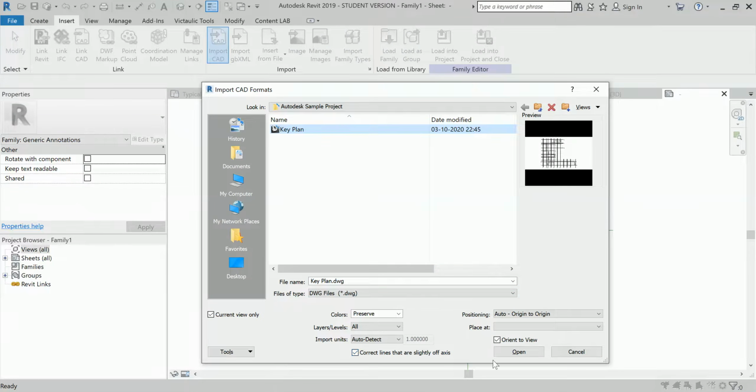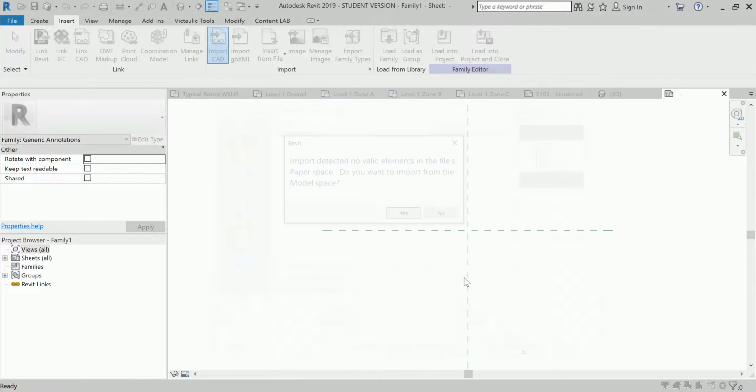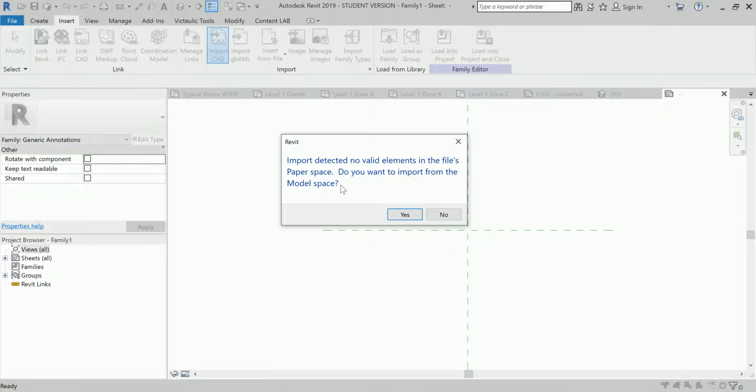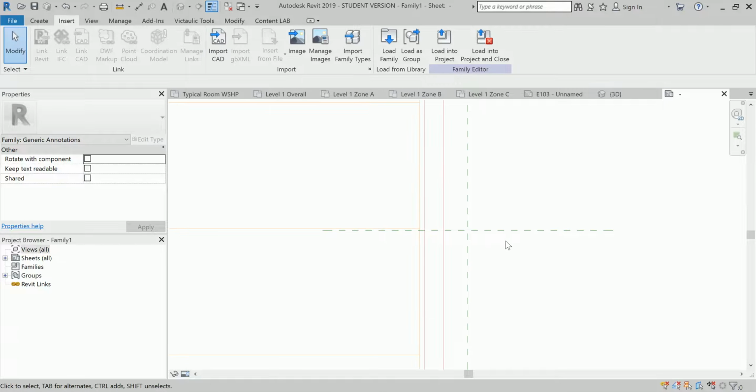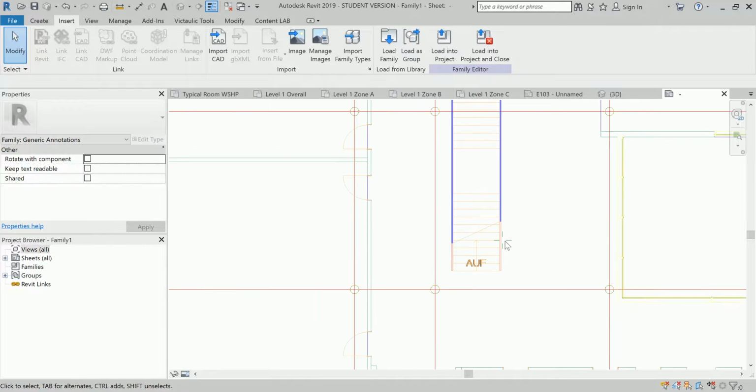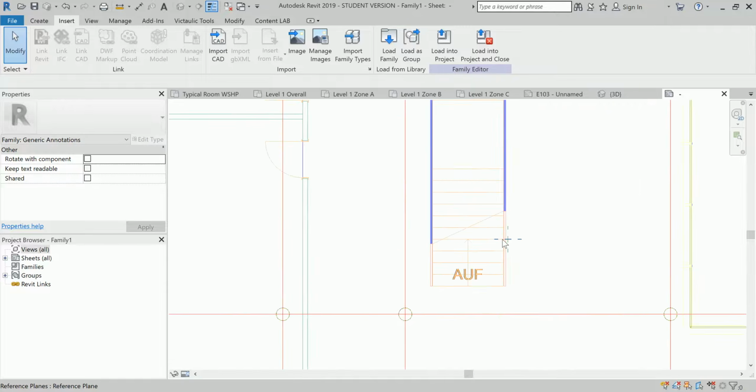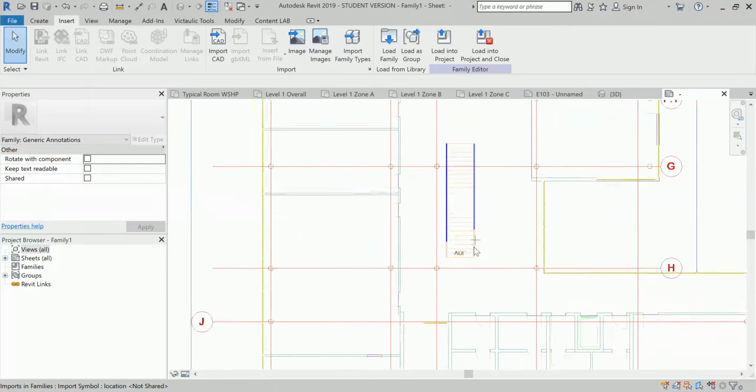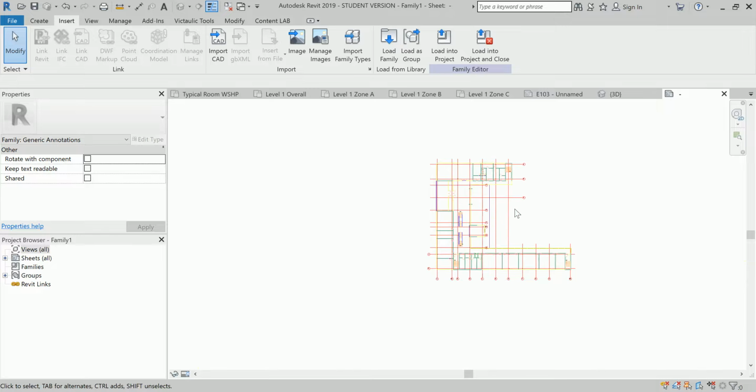I'm keeping everything on, open. It is saying there is nothing in my paper space. Yes, go. So this is my plan,